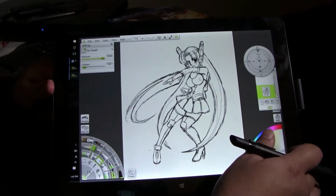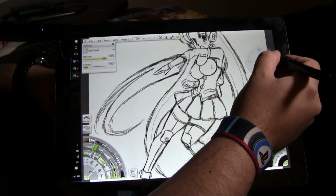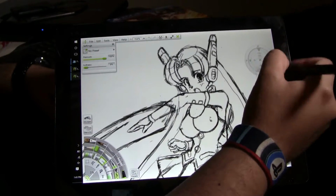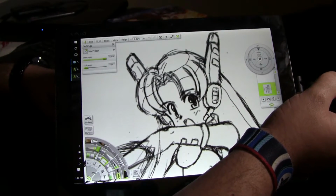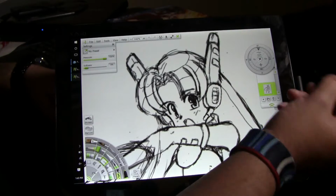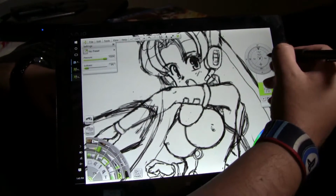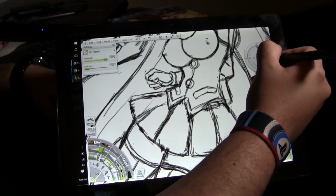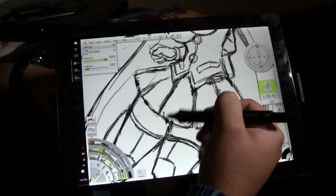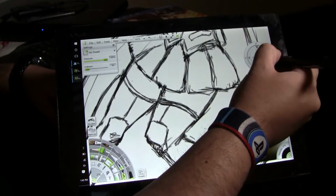And so here's a little sketch of Yuki again. This one I took a little more time, but the thing with it is that I feel like it took me longer to draw this sketch of Yuki on this tablet versus what it would have taken me to draw it on the Surface Pro 2 that I'm normally drawing on. And like I said, I don't know if I'm just not used to all the screen real estate. We'll have to put that to the test when I